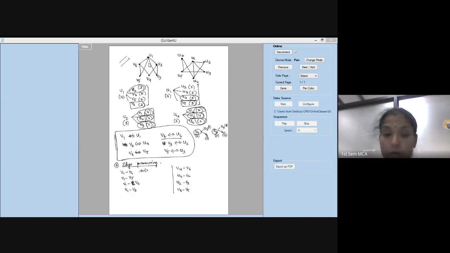This is now V1 to V6. Let me start there. That is equivalent to which one? How do you do this? We know that the vertex equivalent to V1 is U1, right? So U1 to the vertex equivalent to V6, which is U5. Is there an edge from U1 to U5 in G2? Yes, there is an edge U1 to U5. That edge is equivalent to your V1 to V6 edge of G1.